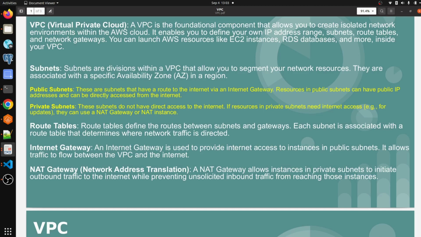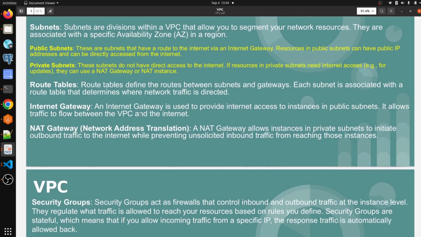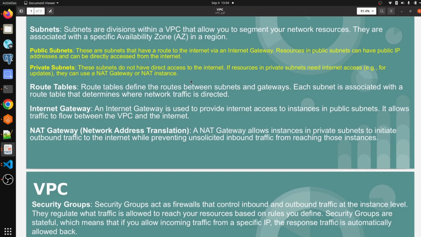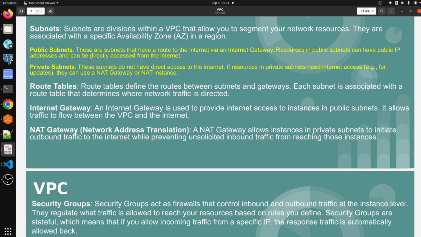If resources in a private subnet need internet access, then they can use a NAT gateway or NAT instance. So we always host our RDS in a private subnet and our application in a public subnet. That's the ideal way.